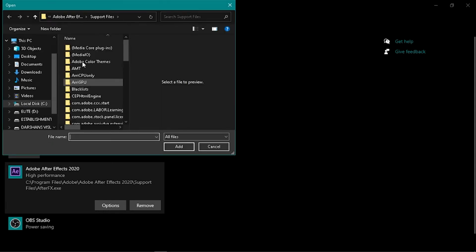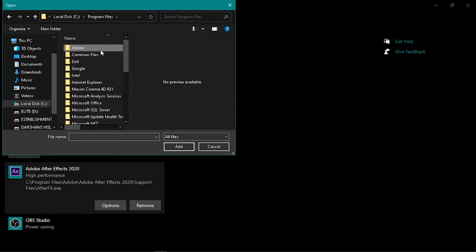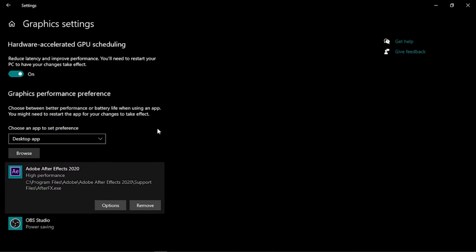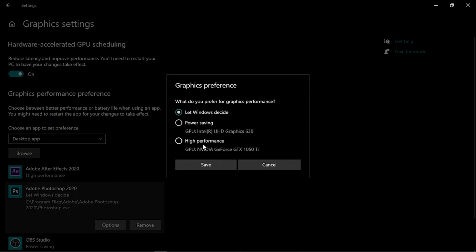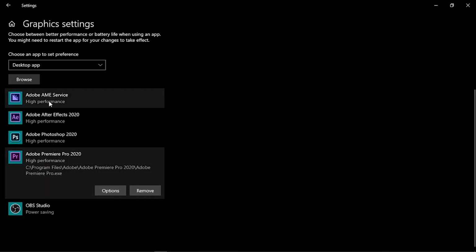In my case, I will add Premiere Pro, After Effects and Photoshop because I wanted them to work faster for me, and even I will add Adobe Media Encoder. In this way you will enable high performance for these softwares, so it will work even faster than the normal performance.